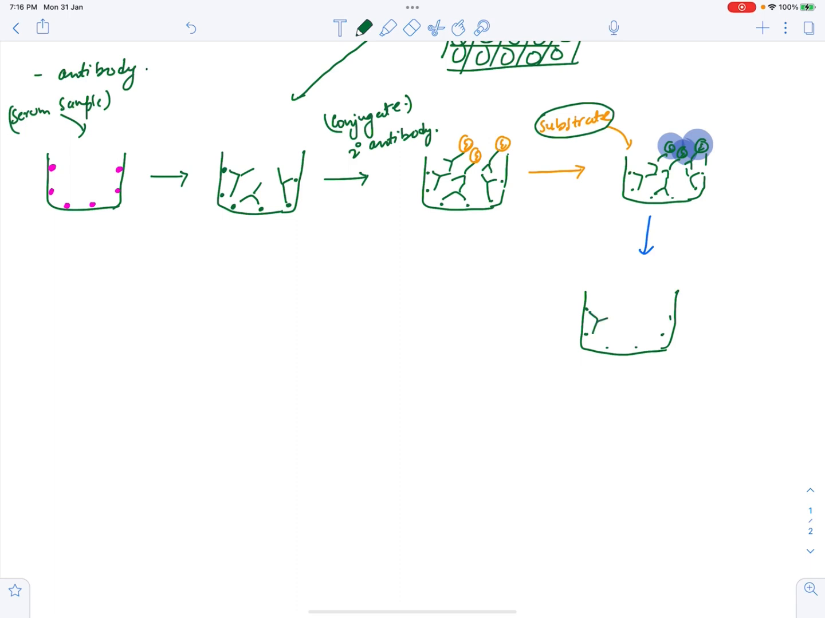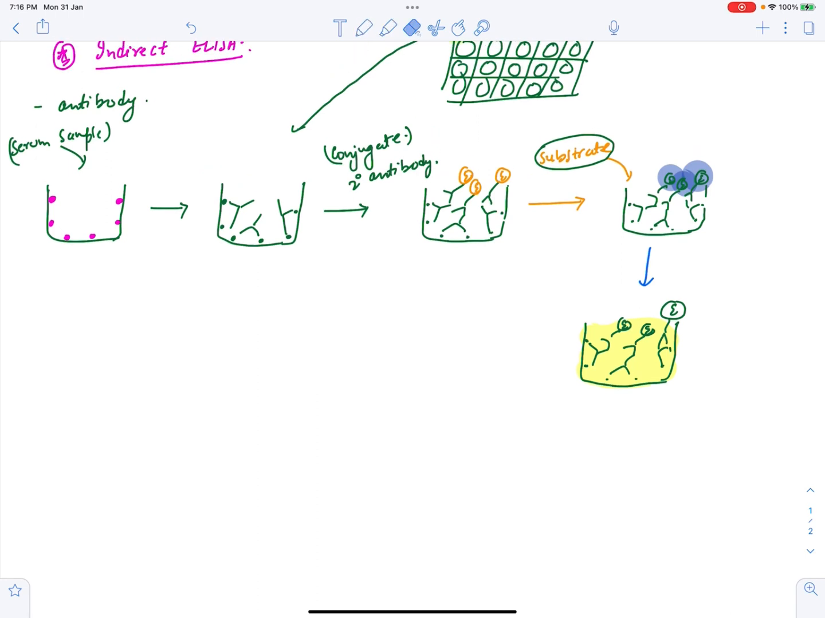Okay. It produces a certain amount of color. Now the production of this color would depend upon the amount of antibody which is present in the sample, the amount of this antibody which is present in the serum sample. The more the antibody load, the more would be the color. Okay, so